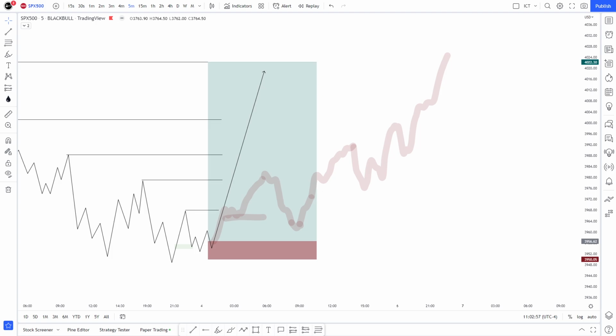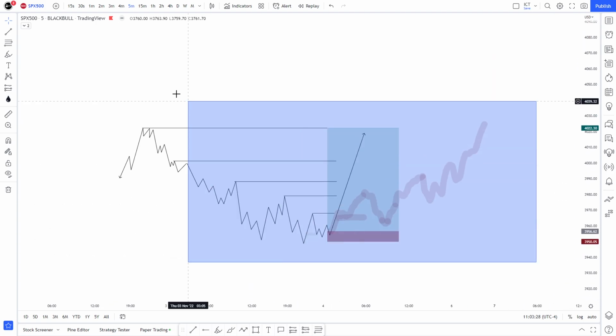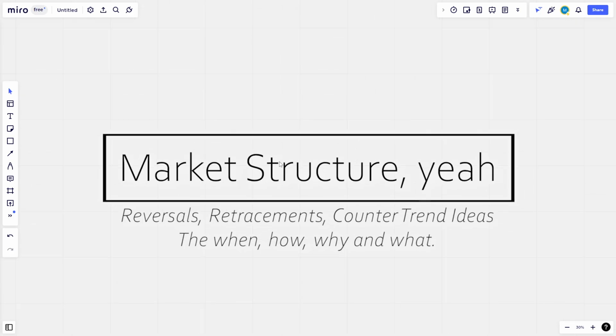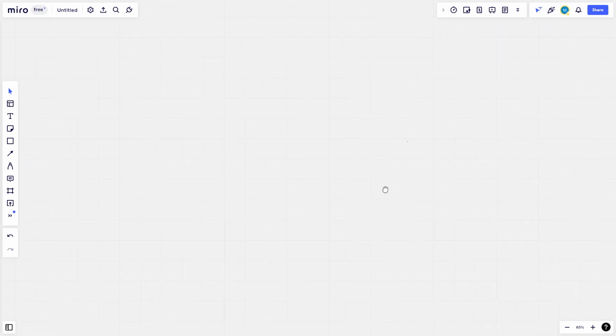Multiple times. Another interesting subject we're going to be talking about is reversals, counter trend ideas, retracements, and that's mostly using higher time frames to either trade against the trend, as an example, or to understand when we're on a retracement or when we could be on a reversal. And I actually did talk about this with the private community, reversals, where to find reversals, where to actually look for reversals. I don't remember what I called that video, but I'm pretty sure we talked about it.